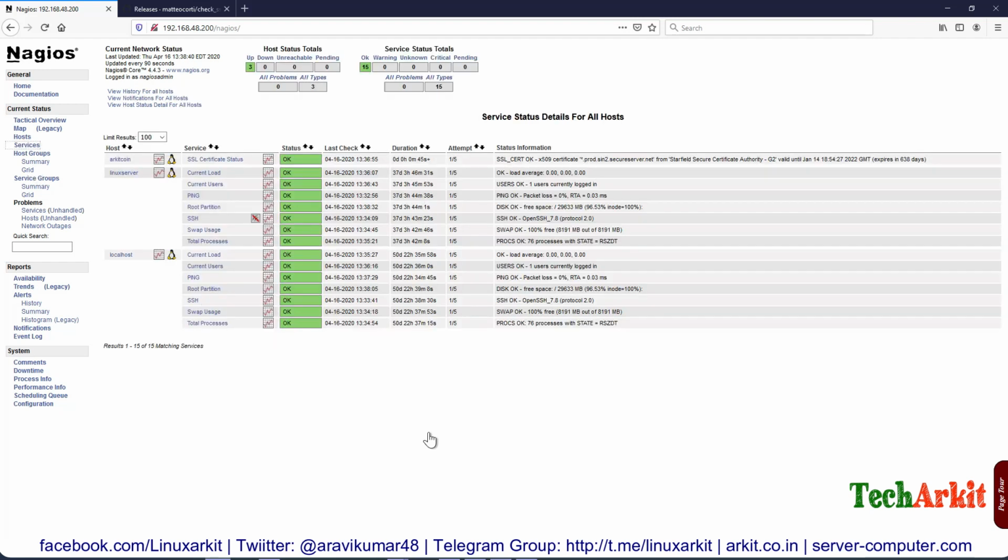If you want more certificates to be monitored, you just have to add that command, more servers, and use that service to add the SSL certificate checks. That's about it, guys: how you can monitor the SSL certificate status before the SSL certificate expires. It will send you an email alert, which would be most useful to renew your certificate before you get into problems. That's about it.